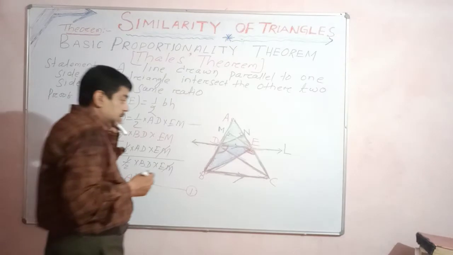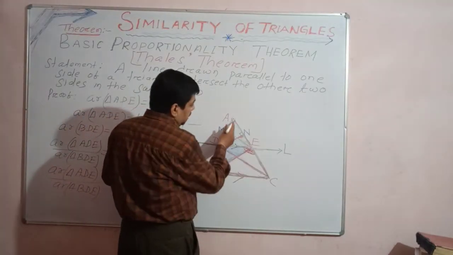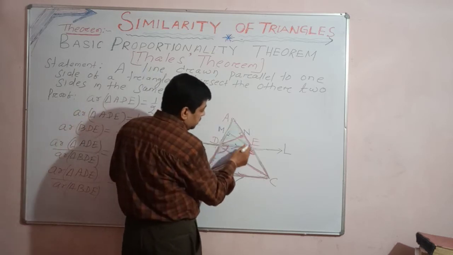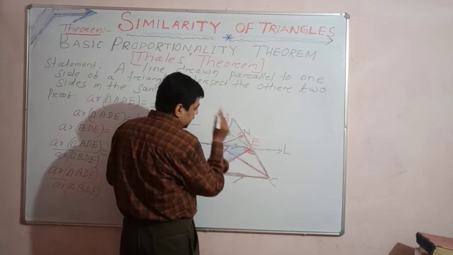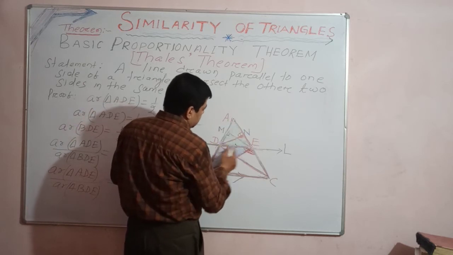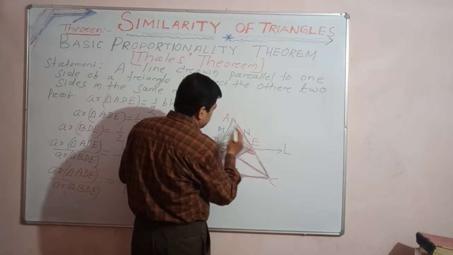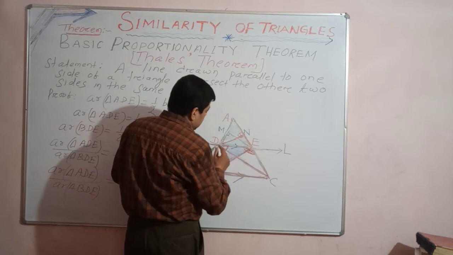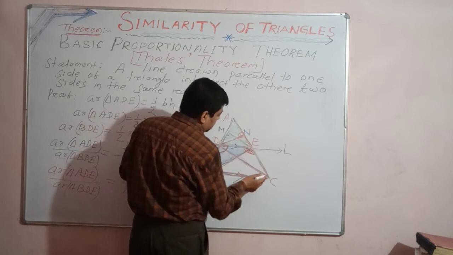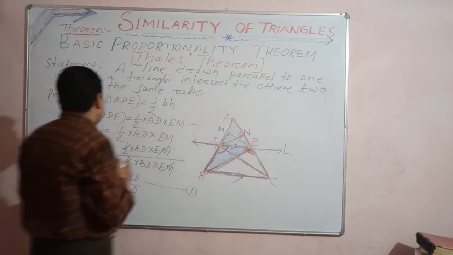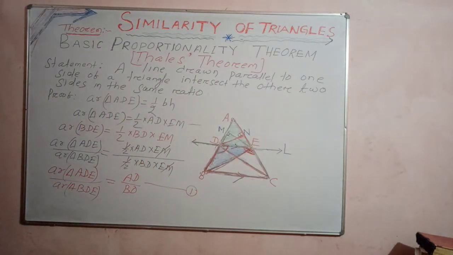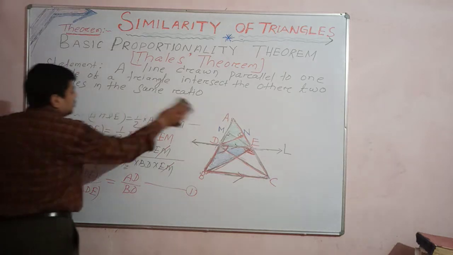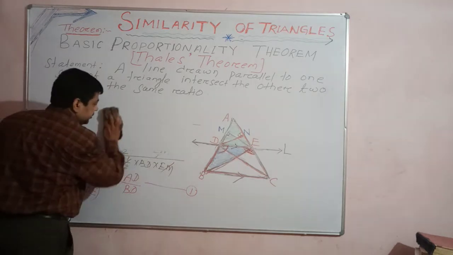Similarly, you will see if DN is taken as the altitude, AE will be the base. If DN is taken as the height and AE is considered as the base, you get this angle 90 degree. So area of triangle ADE is equal to, here AE is the base, DN is the height. Similarly, in the triangle CDE, CE will be the base and DN is the altitude on the side produced on C. Let us write in similar manner. All of you understood?